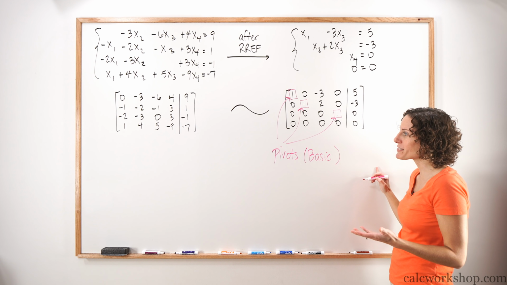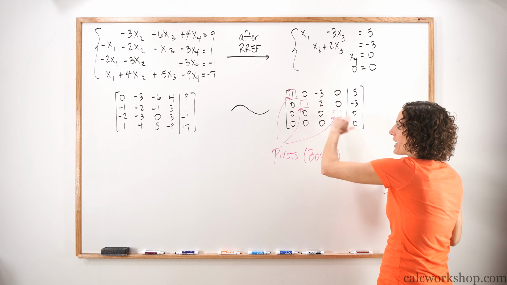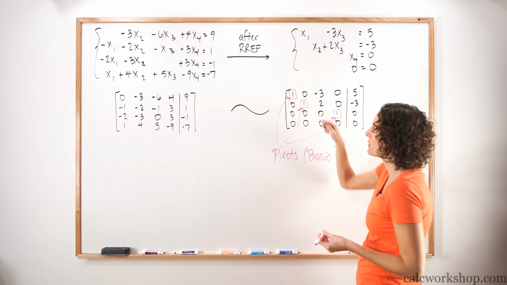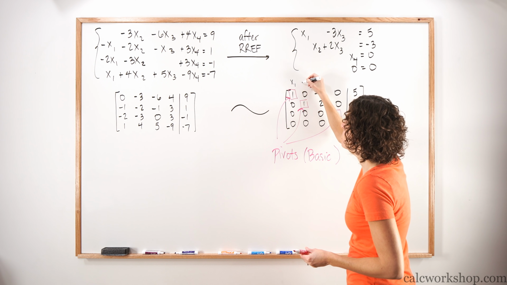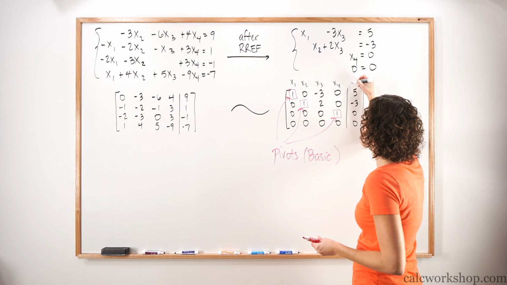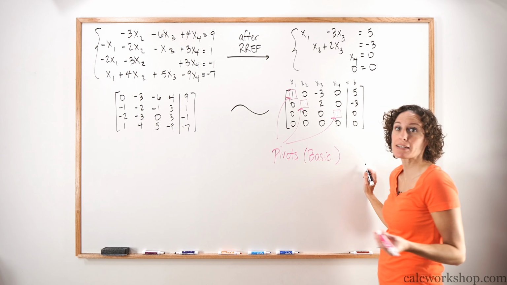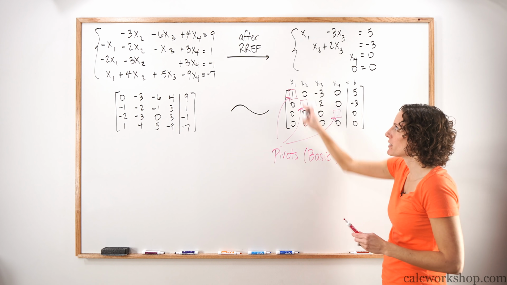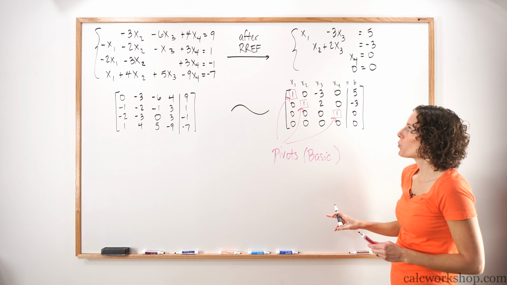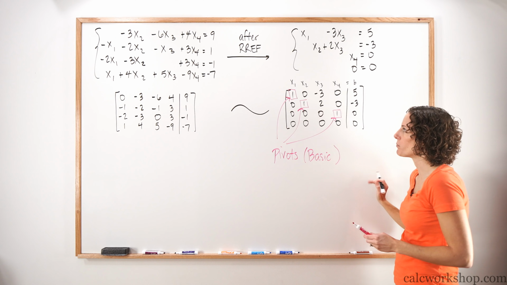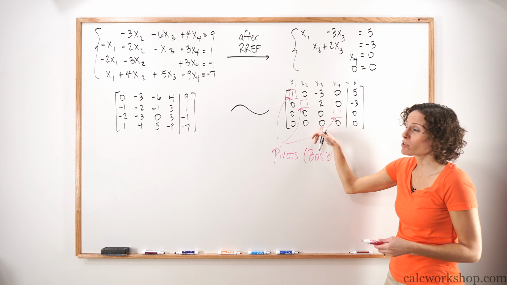Now, what does that mean? So how many do we have? We've got 3, but wait a minute, we had more than 3 variables. We had x sub 1, x sub 2, x sub 3, x sub 4, and then we had the equals, and then we had the b's, the solutions. Well, that means we have a pivot in the x1 column, we have a pivot in the x2 column, and we have a pivot in the x4 column. Why don't we have a pivot in the x3?